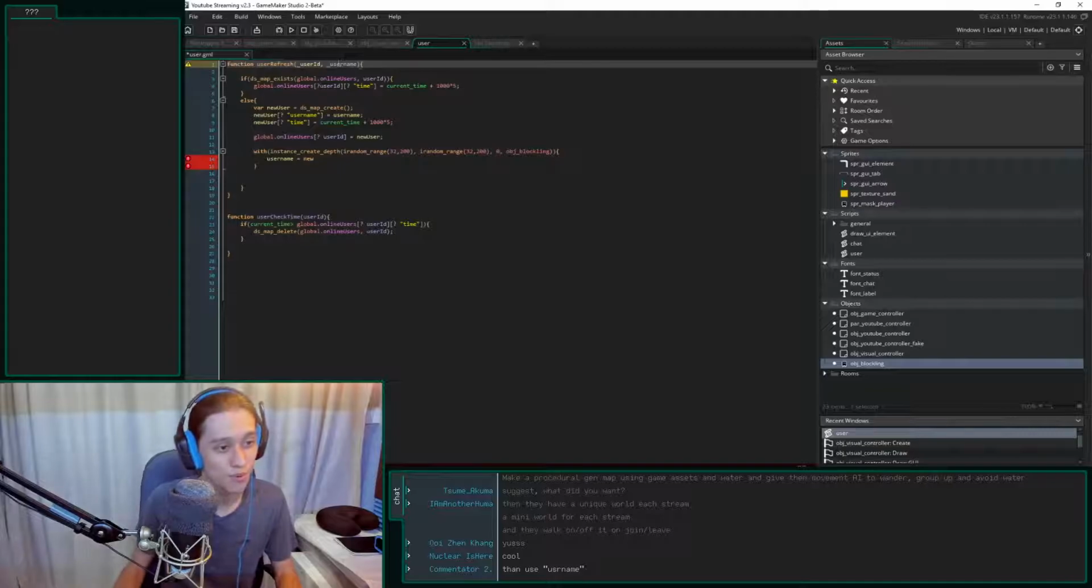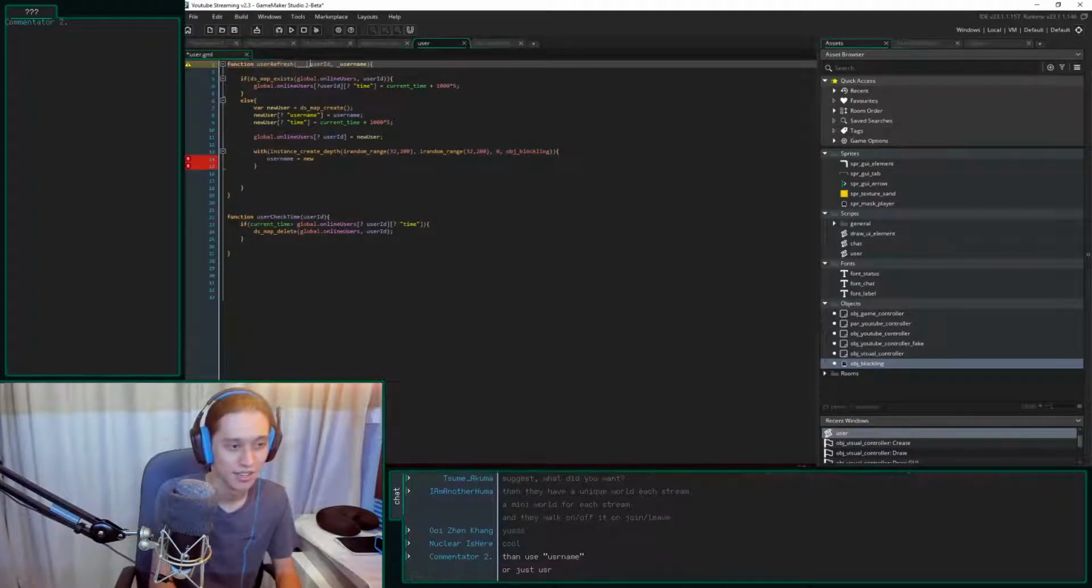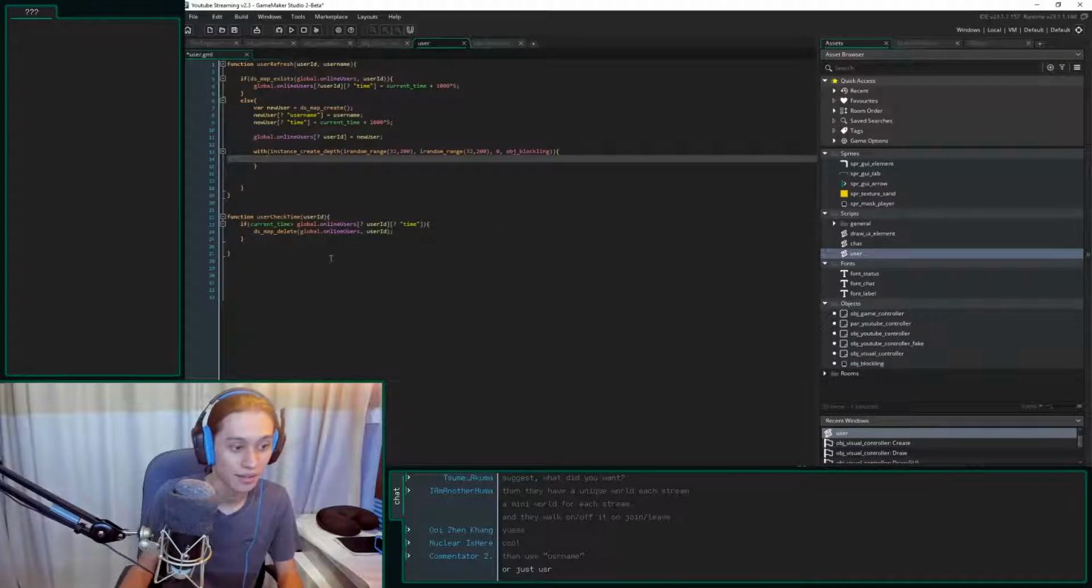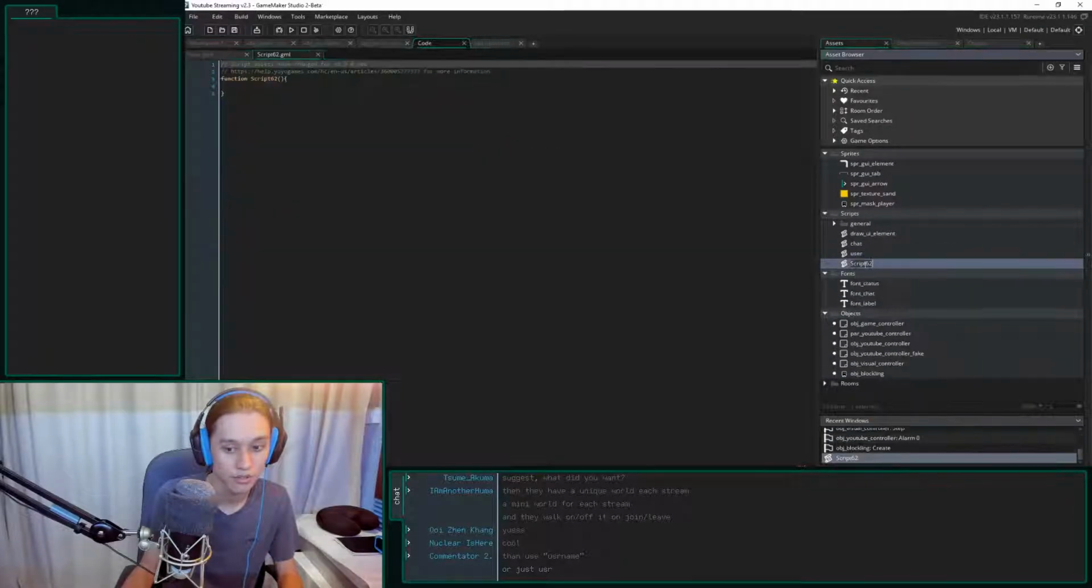This is probably proper programming to do stuff like this for private variables, and GameMaker has its own syntax and stuff. But I can't exactly. Why can't I do that? You know what I can do? I can create another script. It's going to be a blockling, and I can do